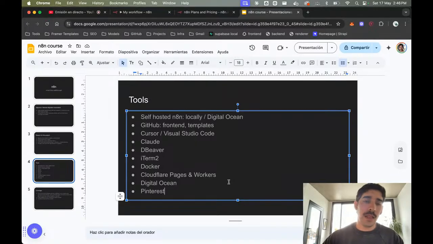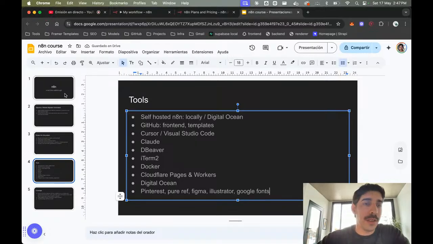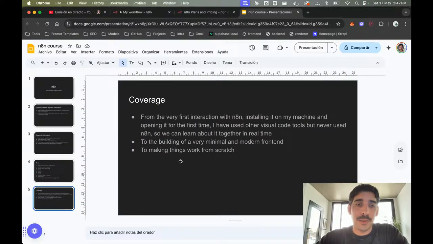And having tools like Pinterest, say PureRef, or maybe we could try Figma. I don't think Framer, but maybe even Illustrator. We will see. Google Fonts or some other stuff, but it's a wide range of tools that's going to be very helpful. At least that's what I hope.